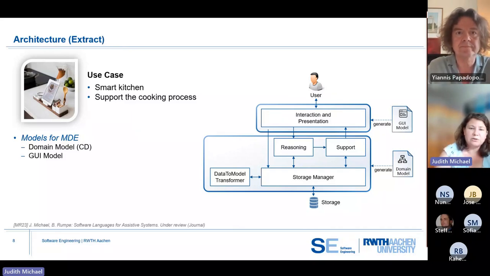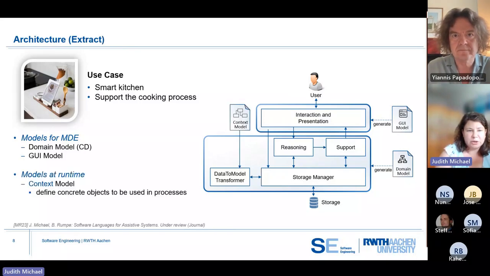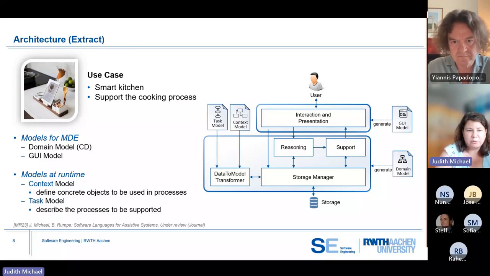We also have models for the graphical user interfaces that we're working on. And when we're talking about runtime of these systems, we are working with context models, which basically give us concrete information about the context instances we're working on, and task models which describe which processes we want to support.